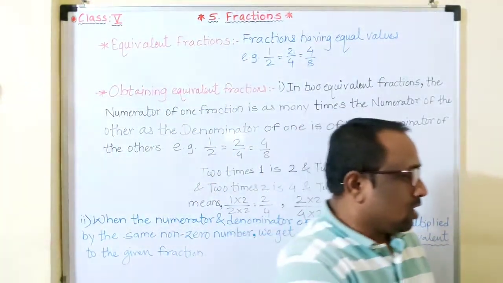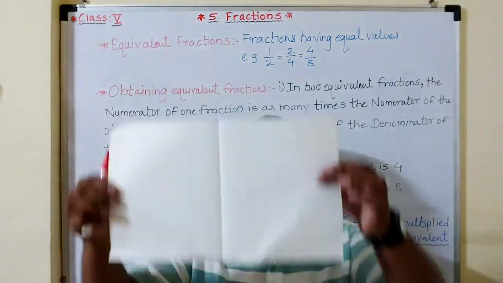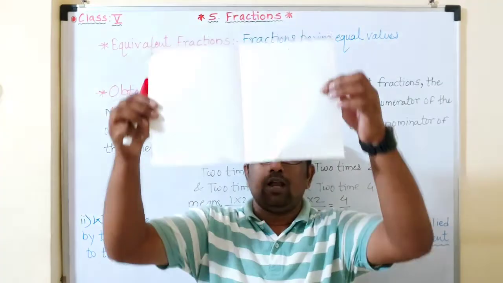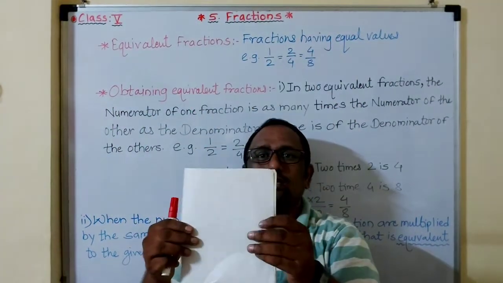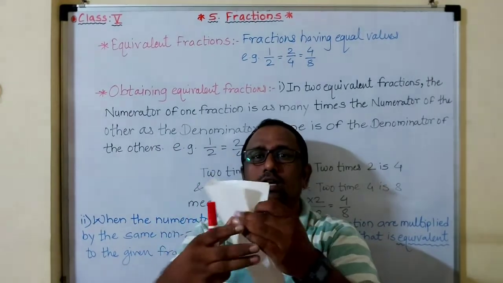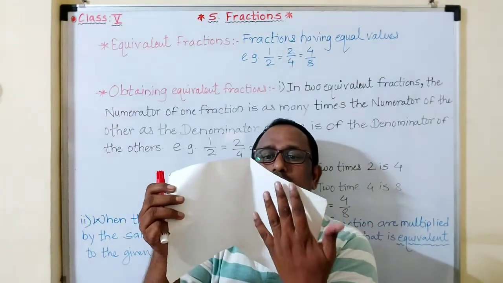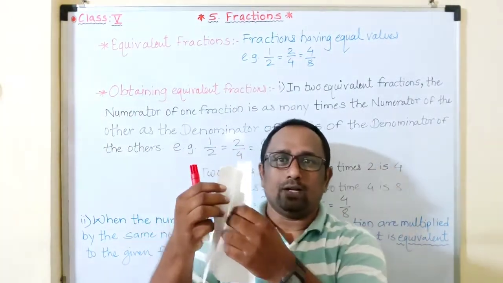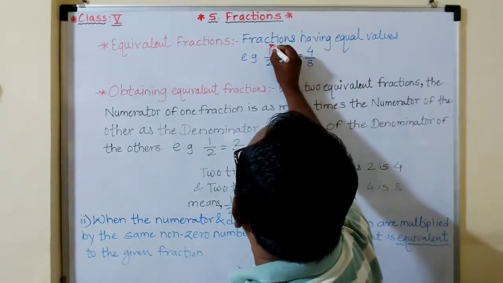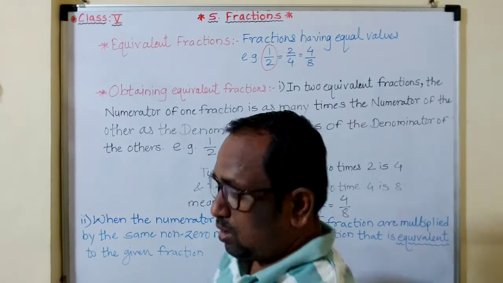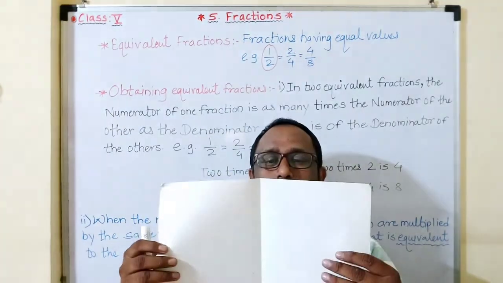Actually, what is this? Look here, this is one paper. Now if I fold the paper, then in between here there are two parts. Out of these two parts I fold one part. So how can we write the fraction? That is 1 upon 2. Okay, 1 upon 2 because two parts are there of one paper.